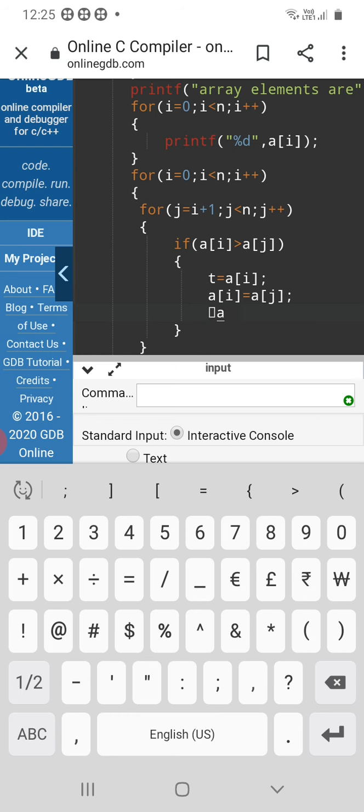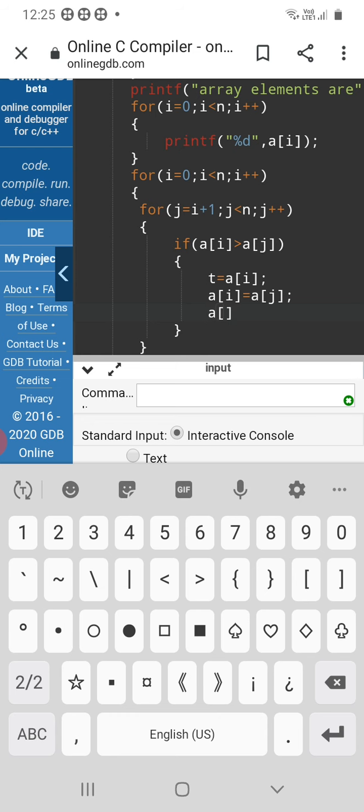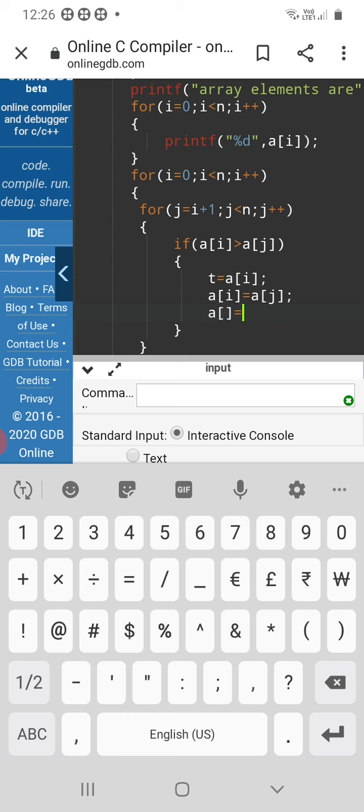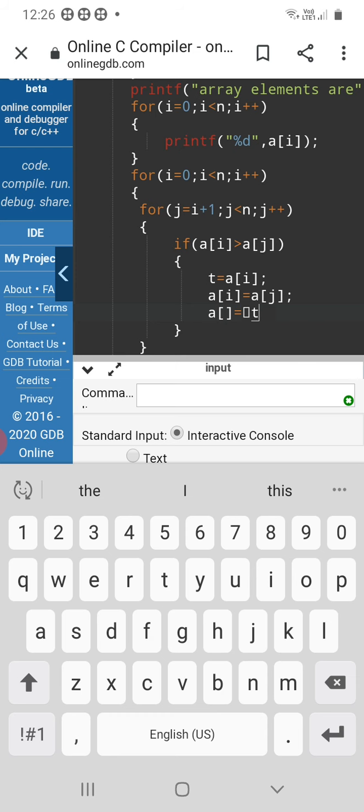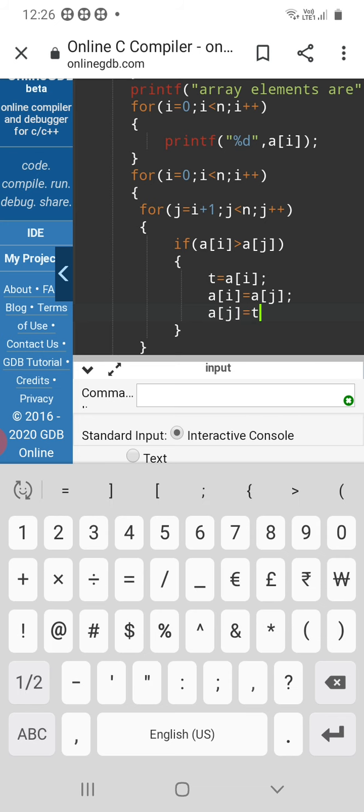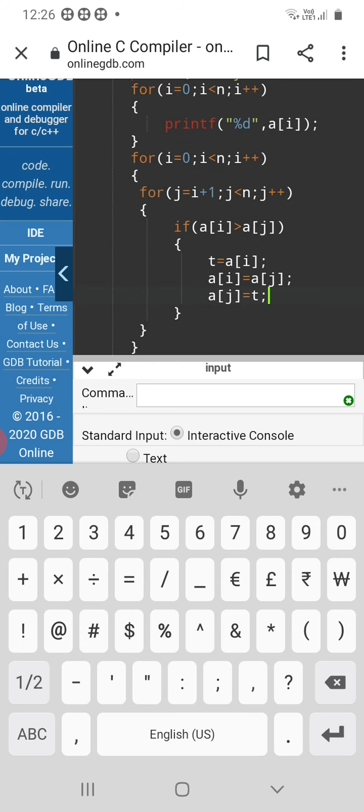A of j equal to t. Here the if statement ends, and the loop ends.